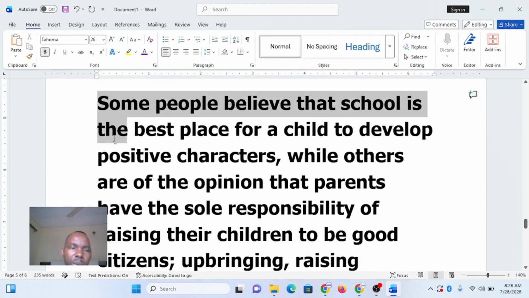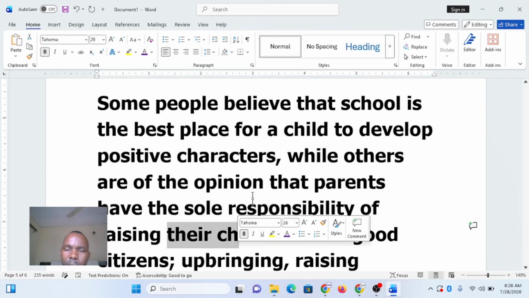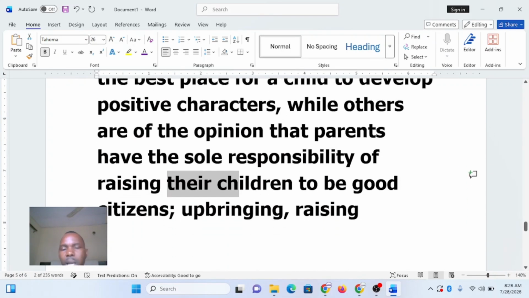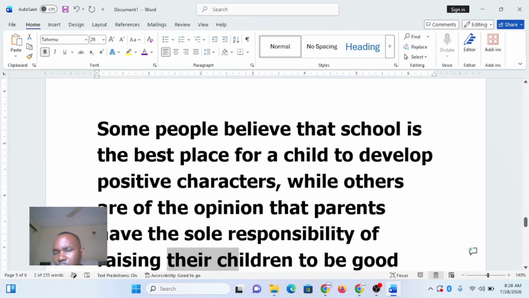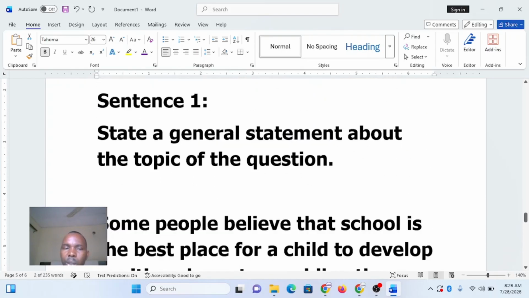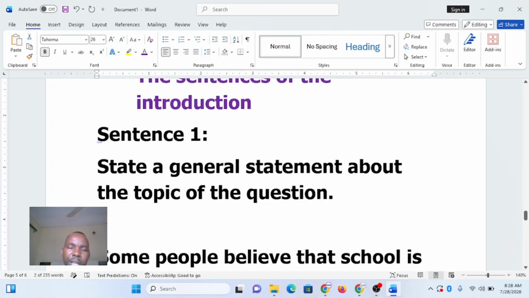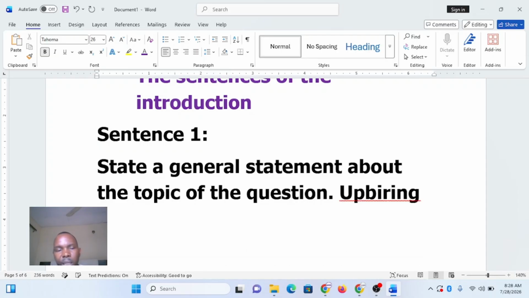But once you read the question, you now understand that, oh, this is what they are talking about. Oh, this is talking about child upbringing. So that is the topic of the question. So in your first sentence, you are going to write a general statement about the topic of the question. In this case, what is the topic of the question? Child upbringing. So my general statement may be,